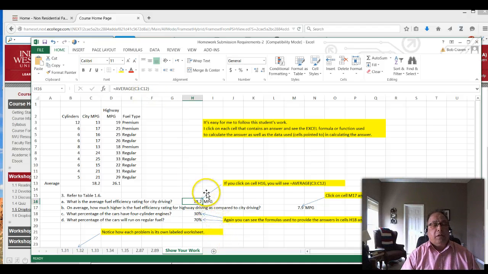So that's what is meant by show your work. If we click on each of those cells, you'll see that the formula appears.